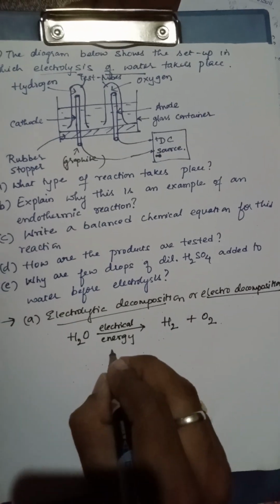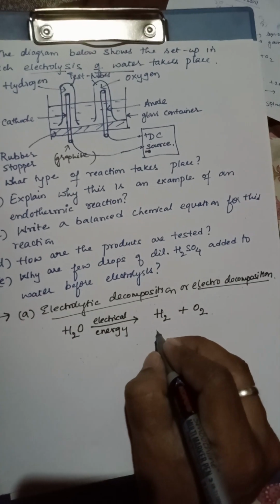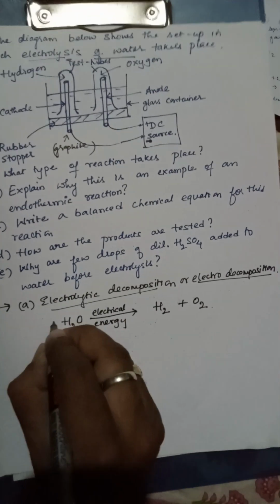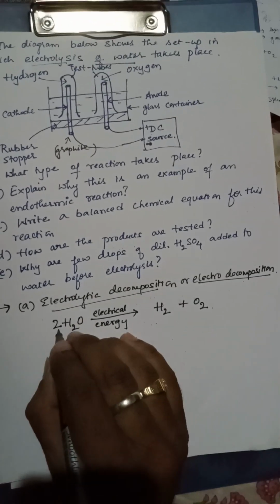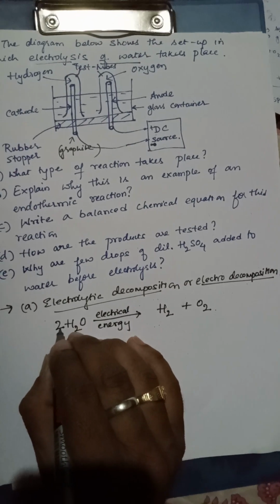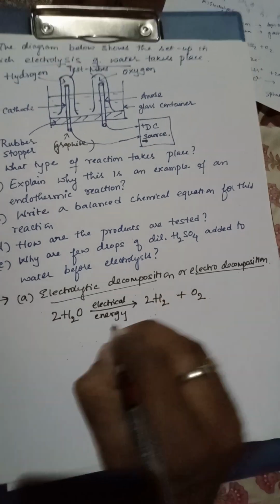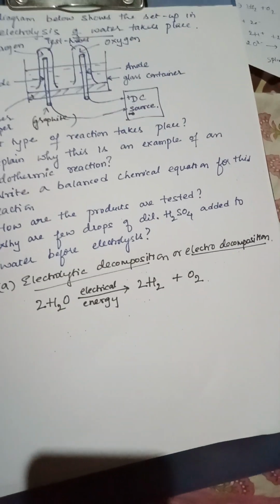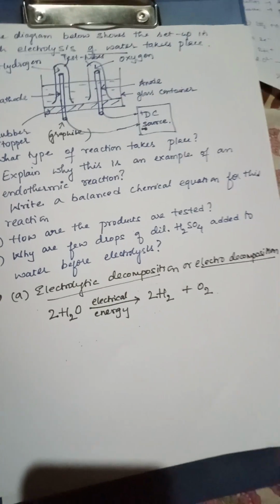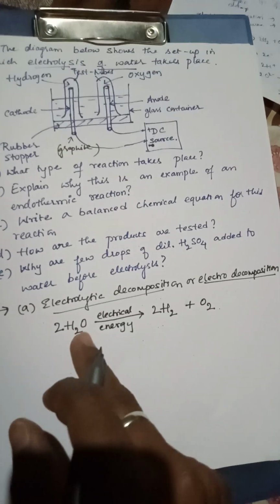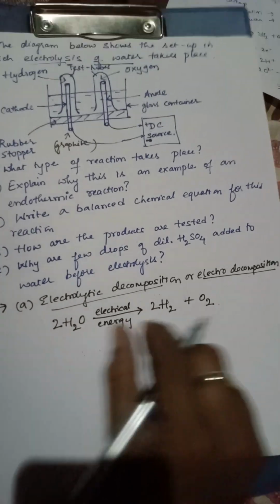Now this equation is not balanced. We need to balance it. We can balance it by writing 2 here, as the number of oxygen atoms is 1 here and 2 here. I'll put 2 here. Now oxygen is balanced, hydrogen is imbalanced. On the reactant side there are 2 hydrogen atoms, 2 into 2, 4. Here 2, so I'll write 2 here. In this way we can balance this chemical equation. Now why is this called electrolytic decomposition? Because electrical energy is used to break a single reactant into 2 products. That's why this reaction is called electrolytic